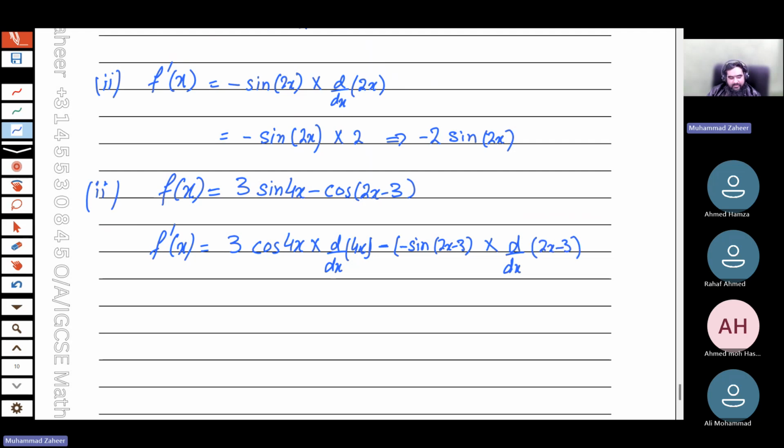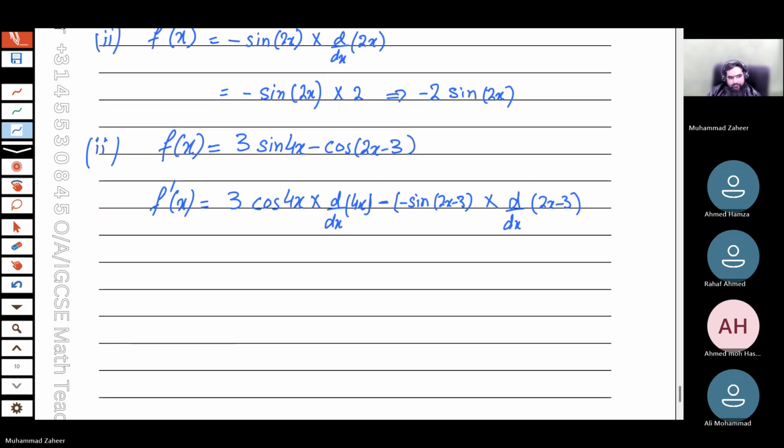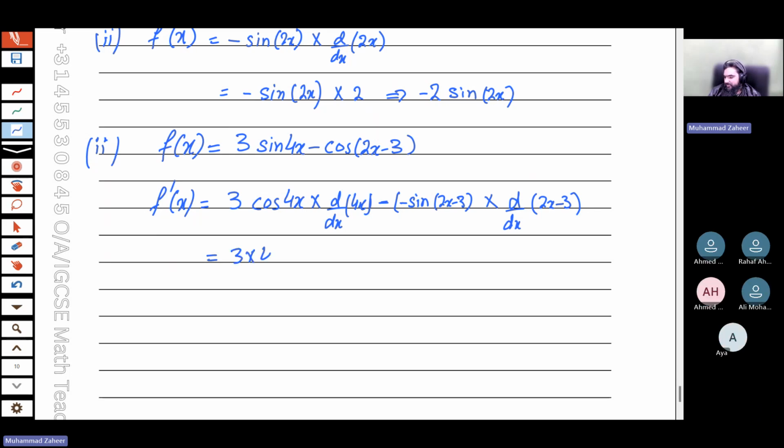Is it clear for you as well? Yes, clear. The derivative of 4x is 4, so you get 3 multiplied by 4 into cos 4x, minus the minus is plus sine 2x minus 3. The derivative of 2x minus 3 will be 2, because the derivative of a constant is 0. So we get the final answer 12